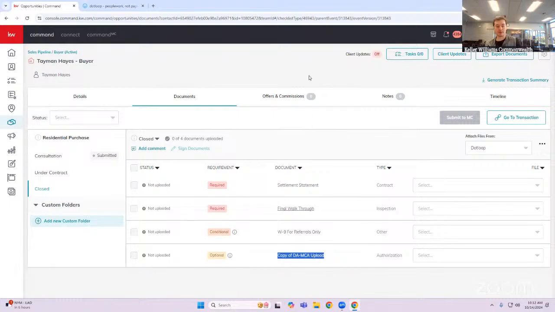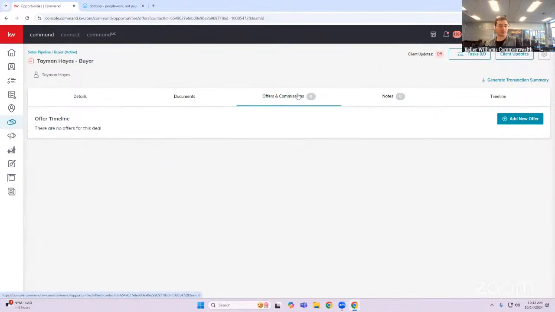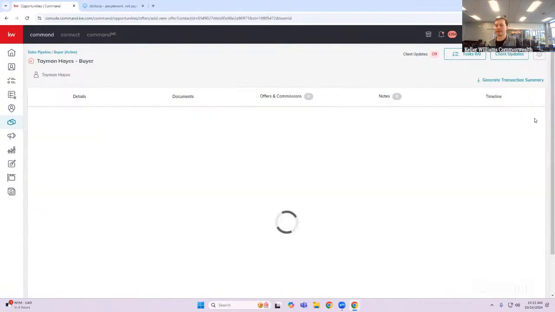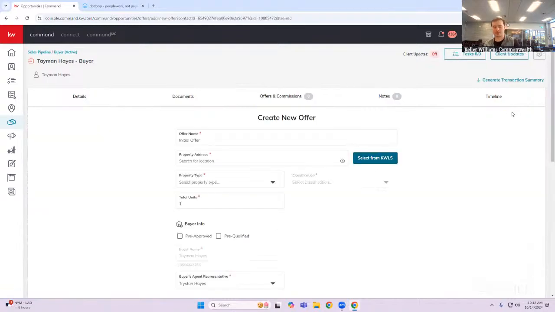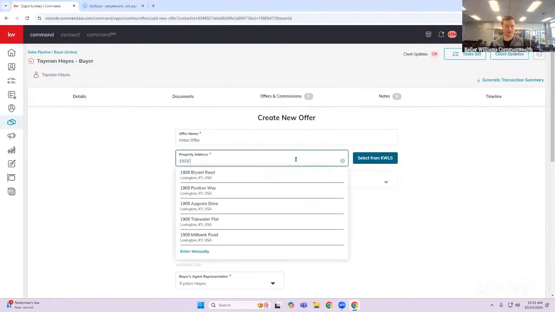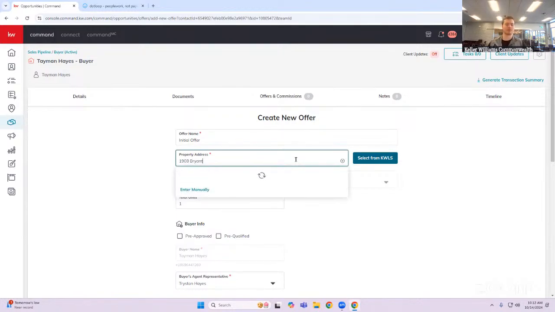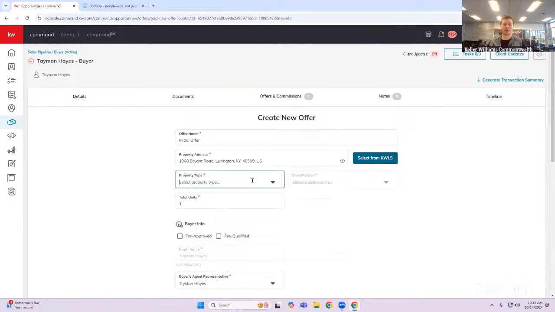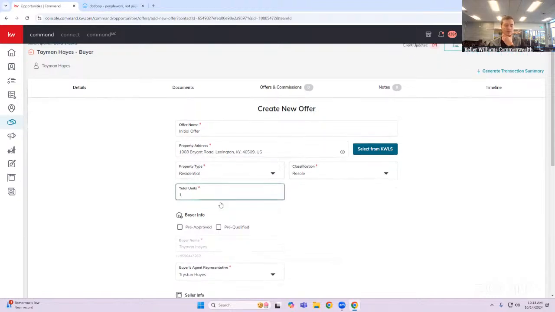So now that we've got documents done, we're going to go over to the commission request tab, click add new offer. And you're probably going to find this is similar to MLS input in some ways. It's very easy as well. It's just some data entry. So we've got to put in the property address, the brokerage, and property type, residential. It's usually going to be resale. If you're doing farm or ranch, like those other ones I was talking about, you've got those options. And unit will be